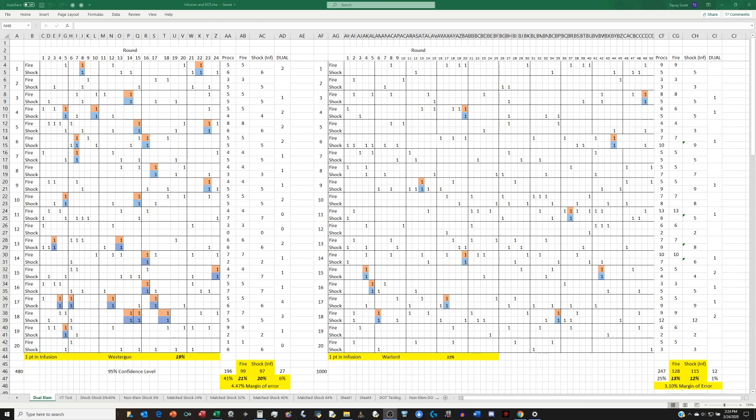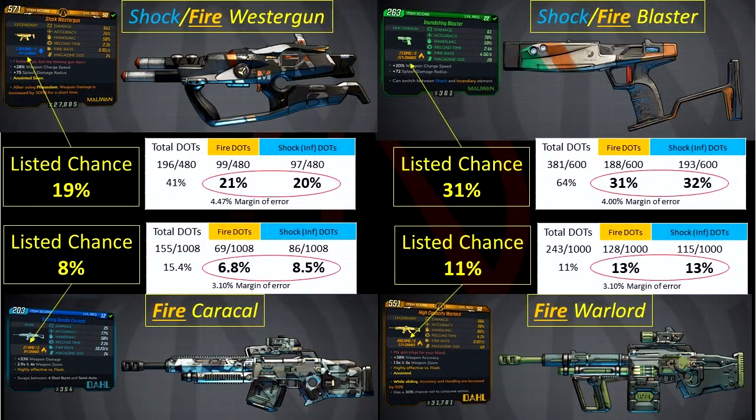Everything is totaled up down on the lower right corner. You can see how many shots out of the total proc damage over time as a percentage. Now those percentages for each gun, each element, equal the listed proc chance plus or minus the margin of error. What these numbers mean is that when we spec into Infusion with an elemental weapon, the weapon and the